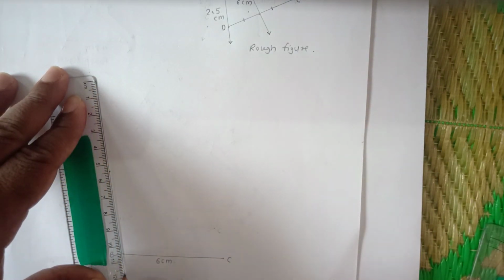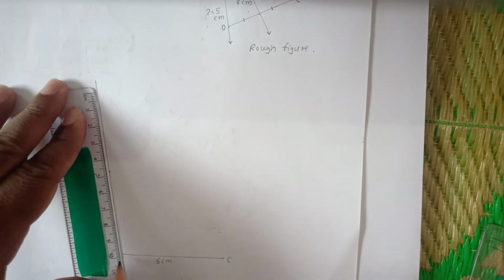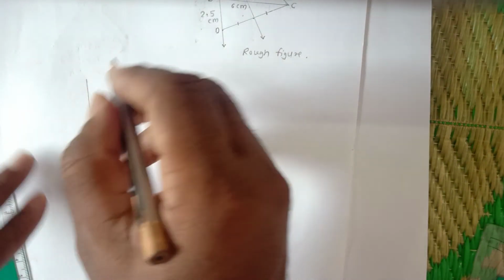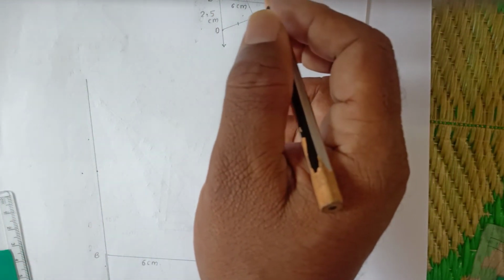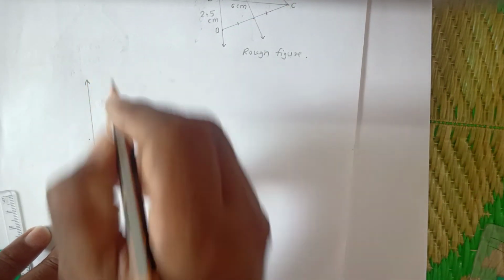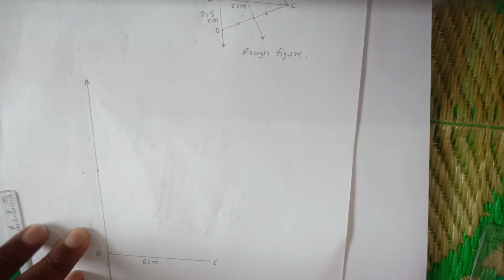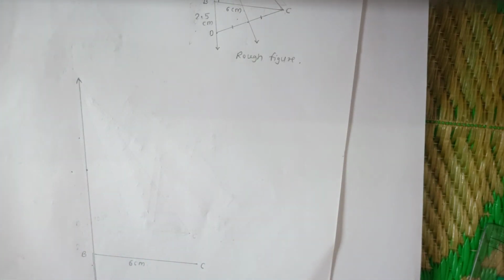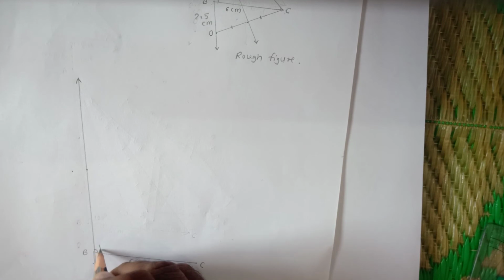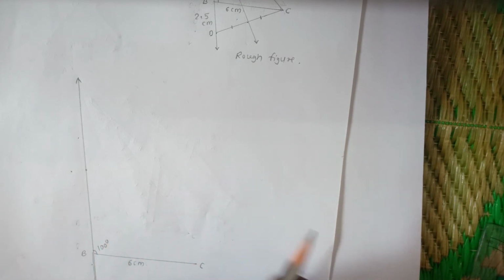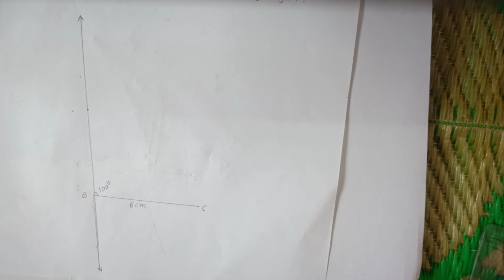Draw the line and also draw the opposite ray in the downward direction. Now this angle is 100 degrees. This angle is 100 degrees